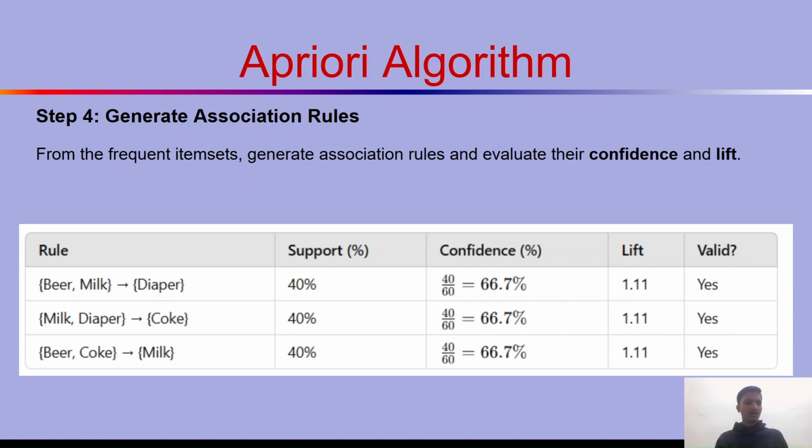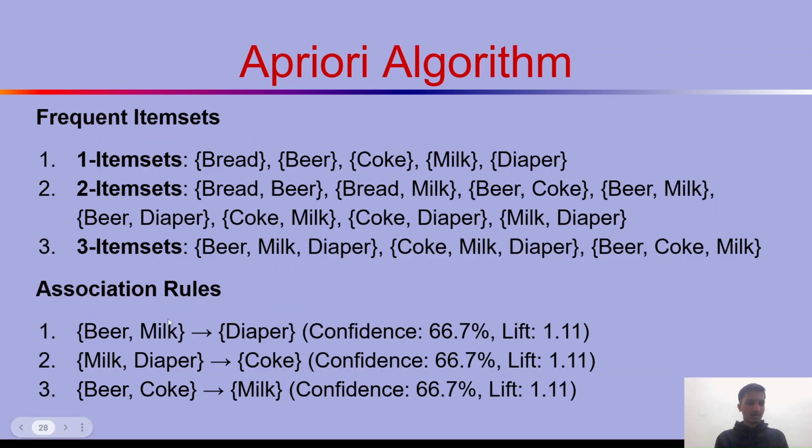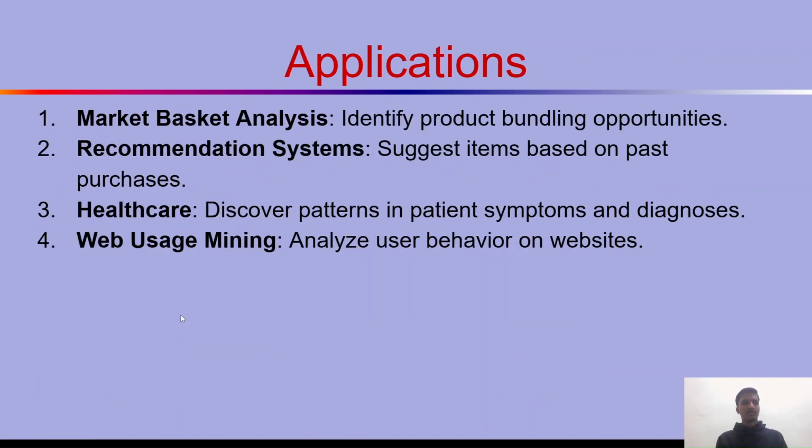If we consider this 66%, it means out of 3 transactions, when milk and diaper both come, coke will also come. And we make this with the Apriori algorithm, the frequent items and association rules, and these applications are